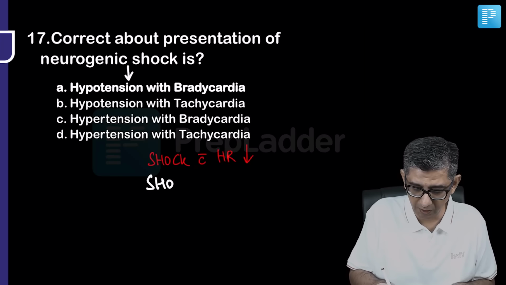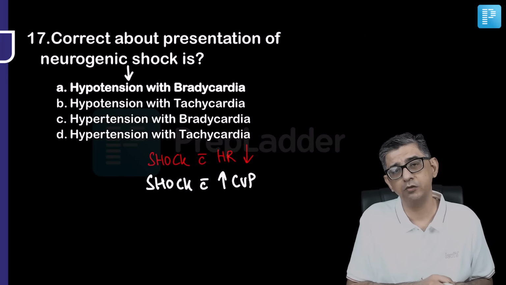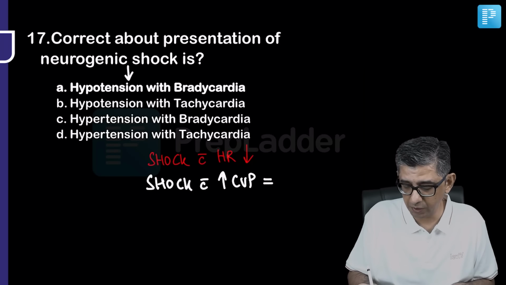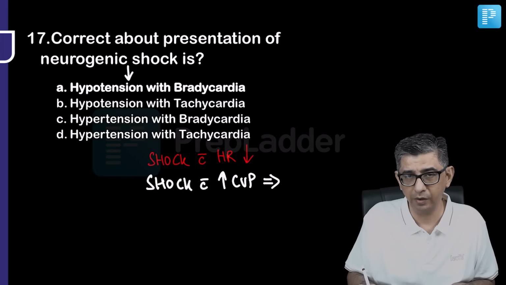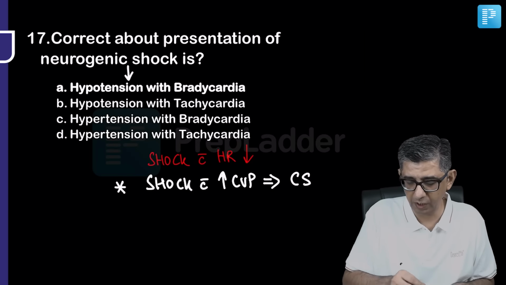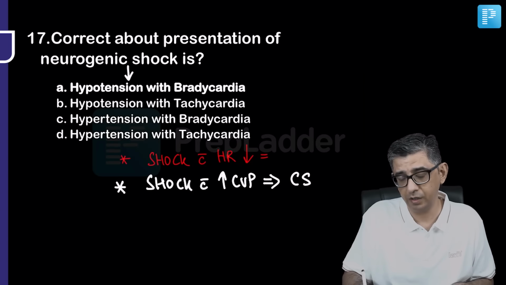When I write it, I hope that you can just spot on, come up with the answers there also. Which shock would be having an elevated CVP? Normally with CVP, we always read about a reduction, like in hypovolemic shock, but in cardiogenic shock, you will be having a shock with increased central venous pressure. And when it comes to shock with bradycardia, then it is